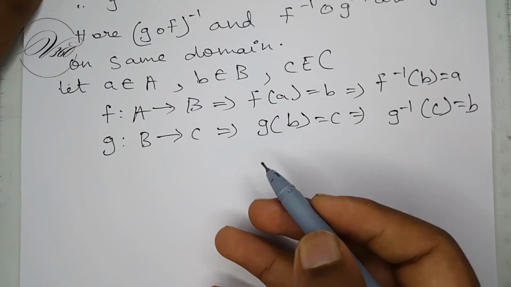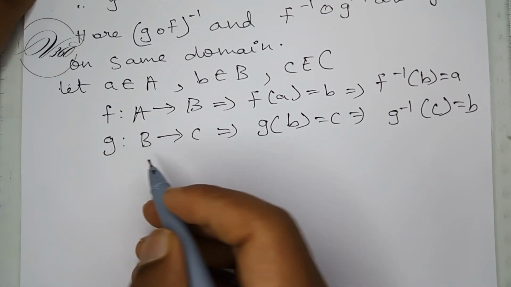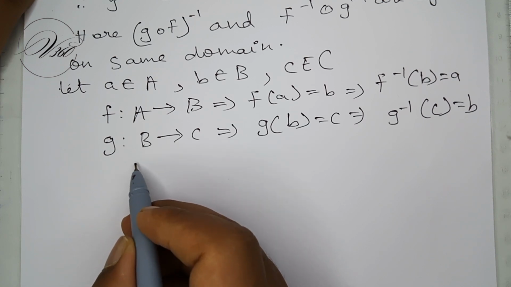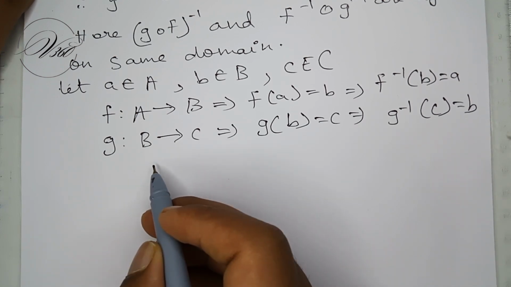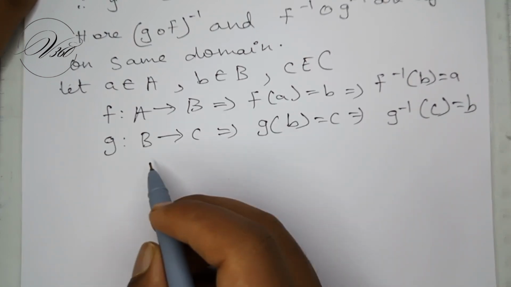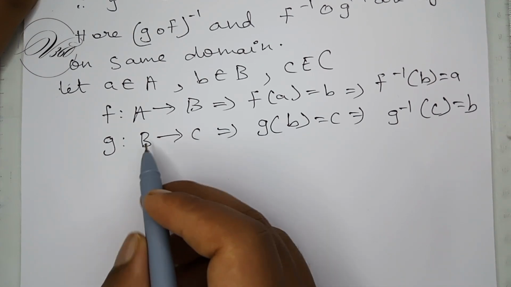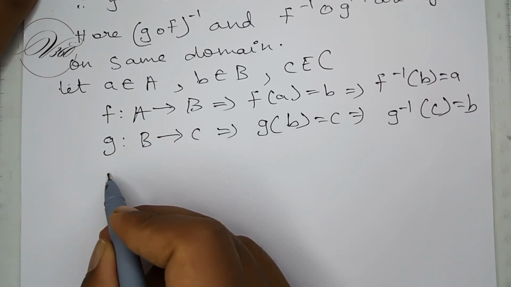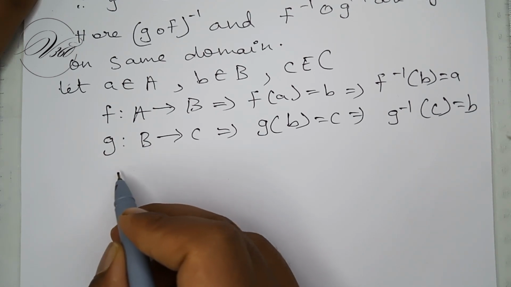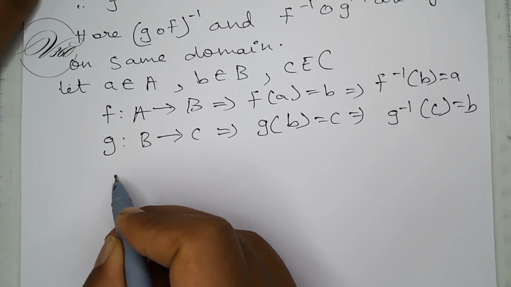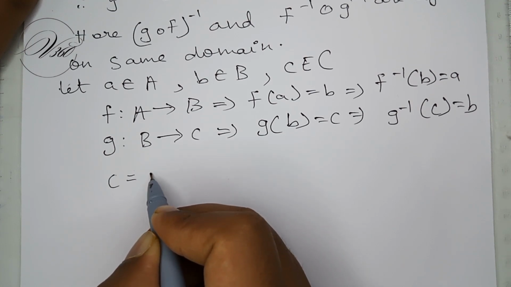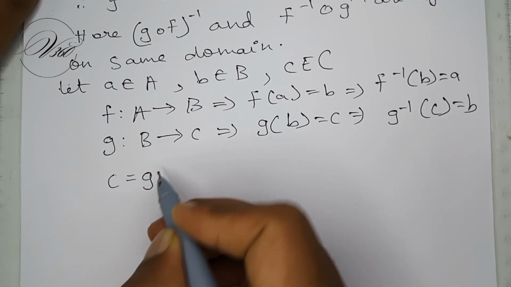Here, by writing the statement only, you can understand how it changed and why this answer came. That's why I'm specifically not defining it like this or something. This is like this and how it came. I am not explaining like that, because by seeing only we can understand how it came. So for C, G